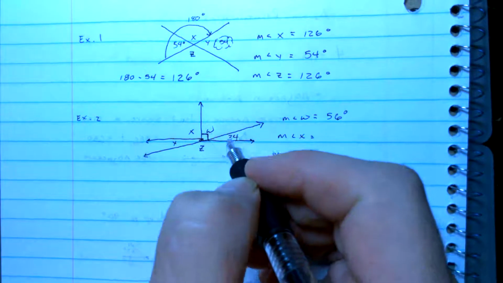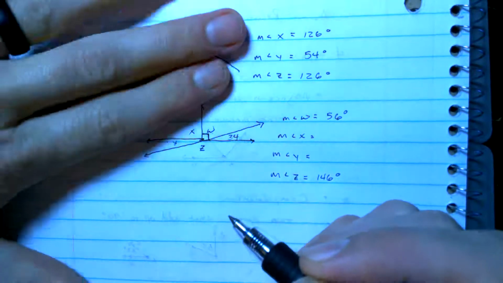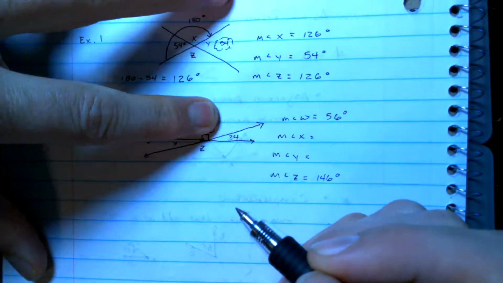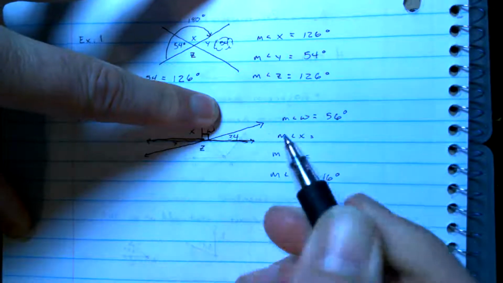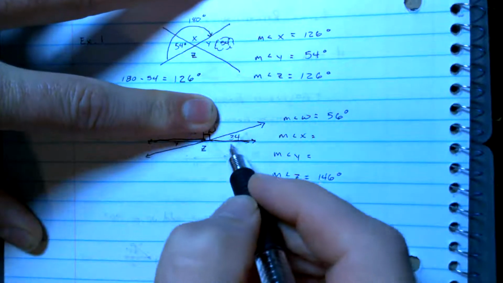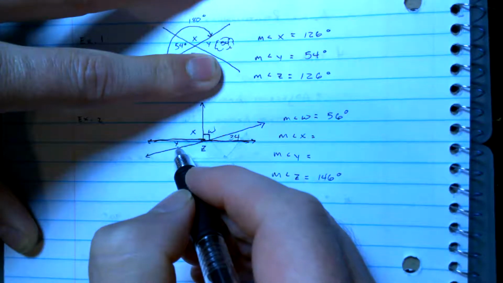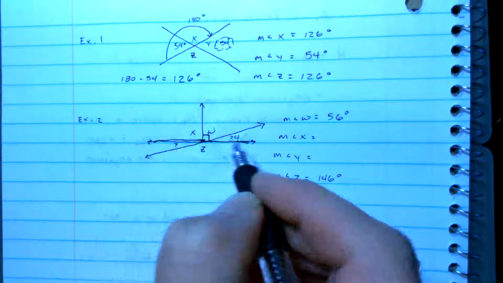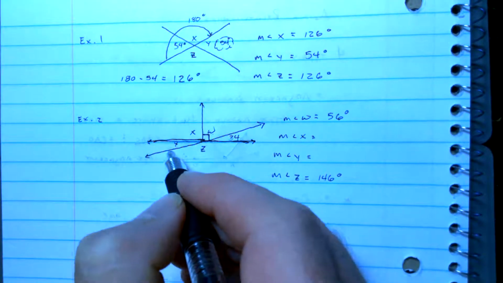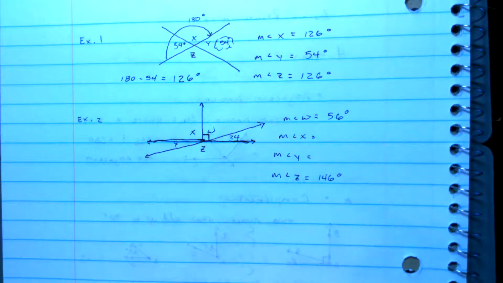If you were to ignore that vertical line there, you have a set of vertical angles formed by 34 and Y. Those two have to be the same, or Z and Y make a supplementary pair. Either way, you're going to get the same answer,